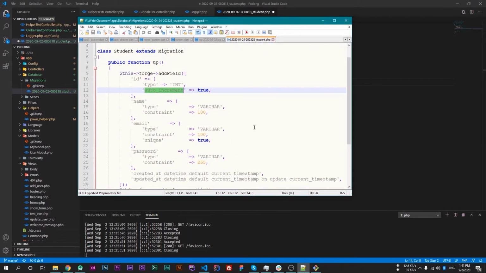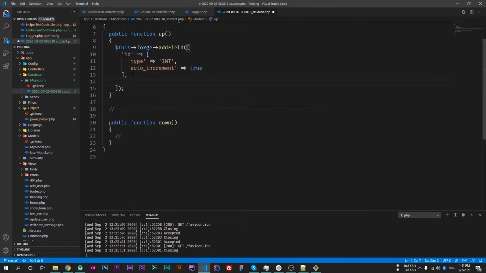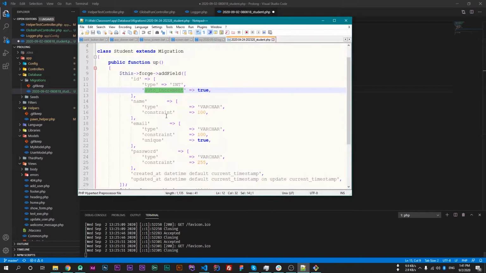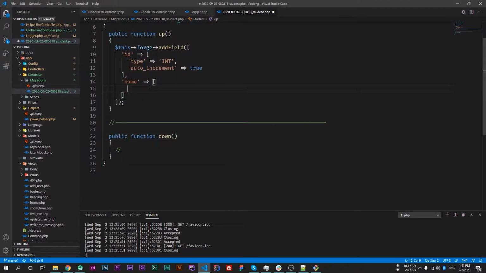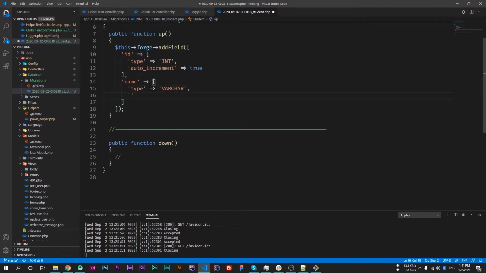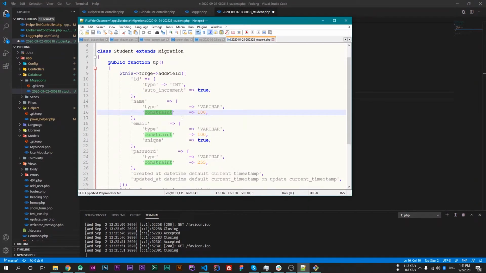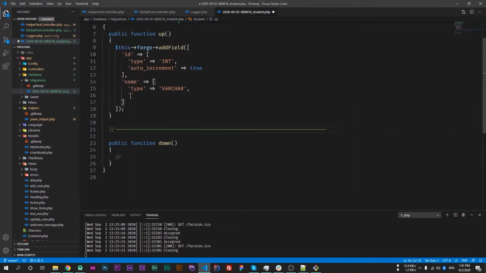The next one is the name, and let's set its constraints. First one is its type, which will be of type varchar, and the next one is its constraint, the size.